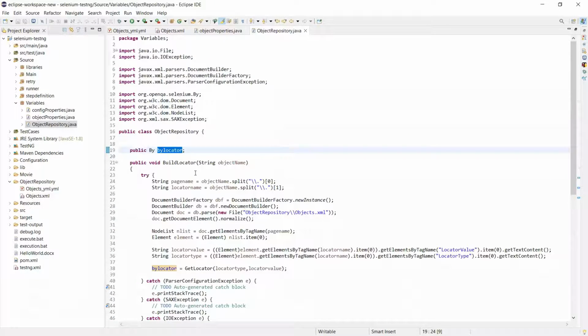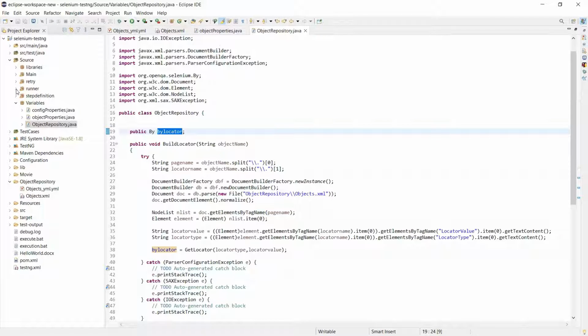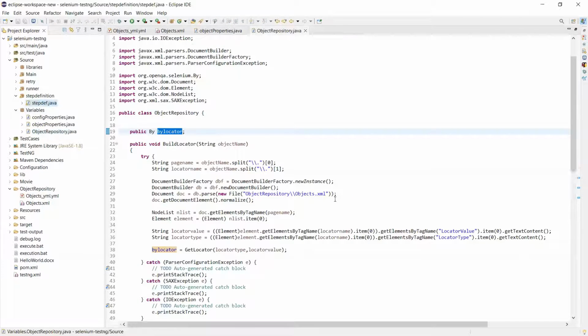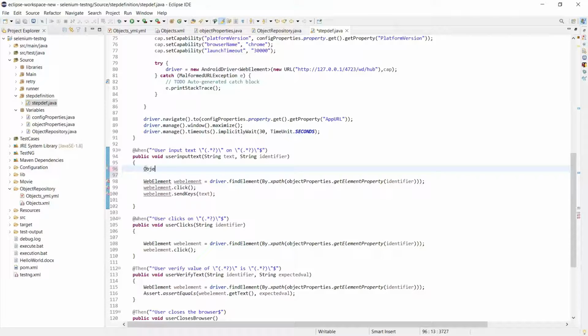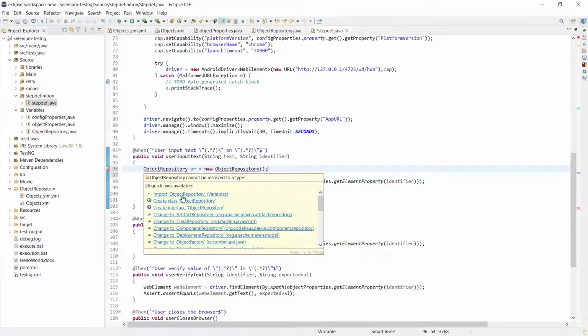Now let's move to the step definition class. Here you can see that currently we are using only XPath to find our elements. Now let's create the object of the object repository class so that we can build the locator based on the identifier received from the feature file. As you know, the identifier which we receive is in the form of pageName.objectName.